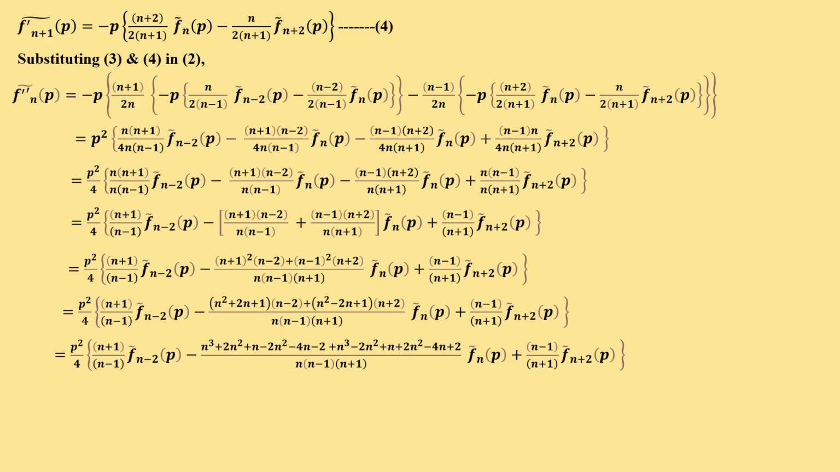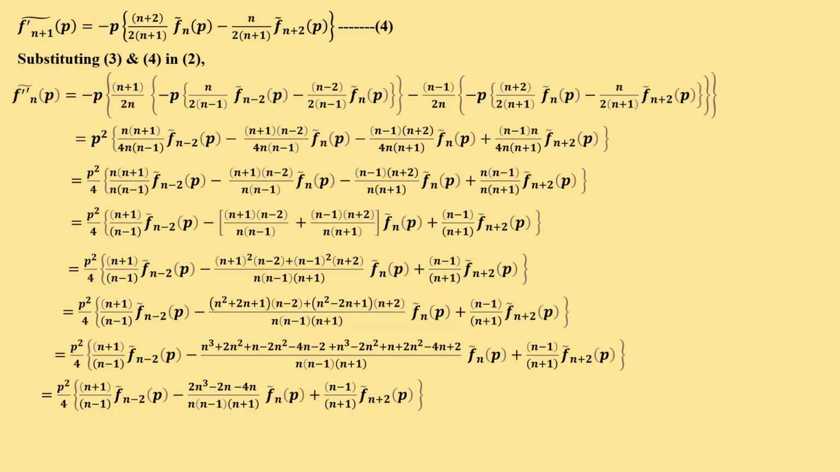by n into (n minus 1) into (n plus 1), fn bar of p, plus (n minus 1) by (n plus 1), fn plus 2 bar of p, is equal to p square by 4, (n plus 1) by (n minus 1), fn minus 2 bar of p, minus, grouping. So n cube plus n cube, 2n cube. So totally we are having minus 4n plus 2n minus 4n, right? So minus 4n, keep it as it is. So minus 4n plus 2n becomes minus 2n. So that is what we have written, minus 2n minus 4n divided by n into (n minus 1) into (n